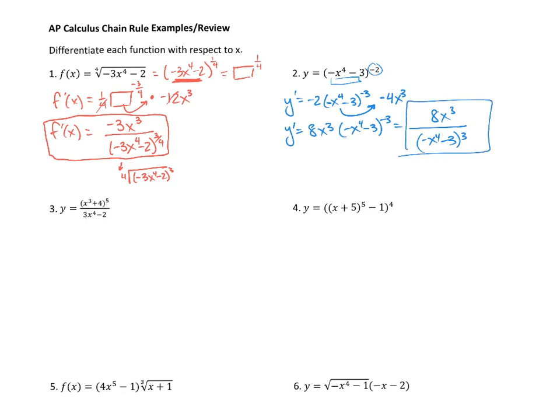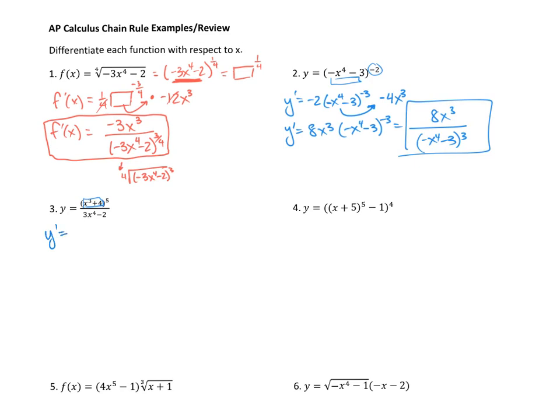All right, moving on to number 3. For this one, we've got the same situation here. This is a box right here. I have to do that one. This one is to the first power, so I don't need to worry about the chain rule. Even though you are applying the chain rule, you won't see it in that part. So we're going to go ahead and